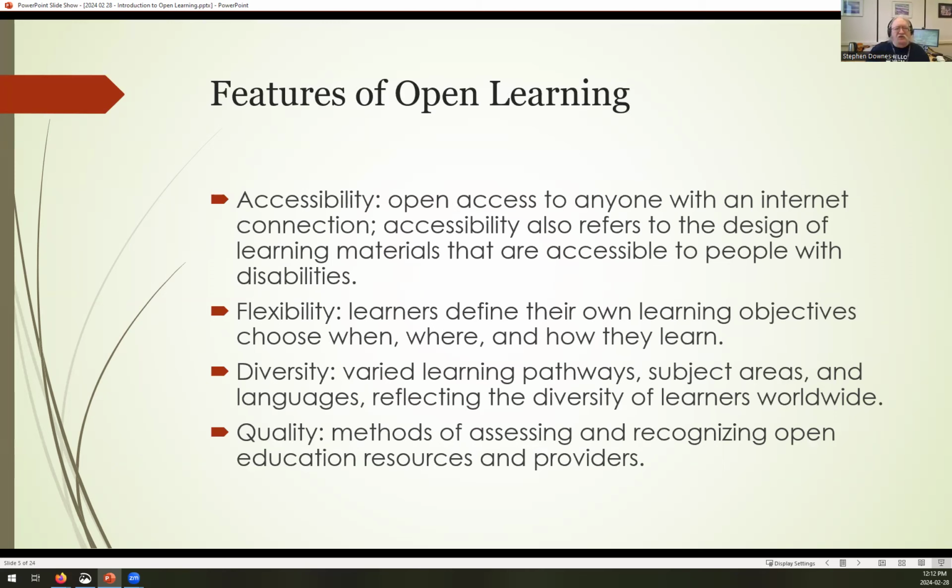Some of the features of open online learning, in contrast to traditional in-person learning: obviously, access is the first. Open online learning is more accessible, or it's intended to be more accessible than in-person learning, because you don't have to be in a place, sitting down in a room at a given time in order to take the class or the course. It also refers to the design,